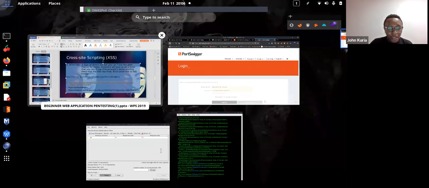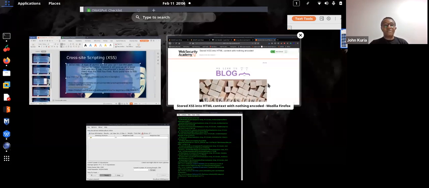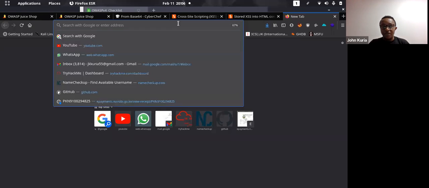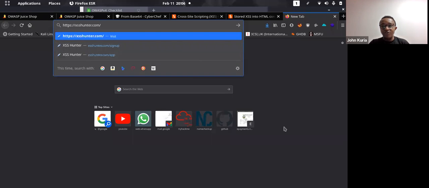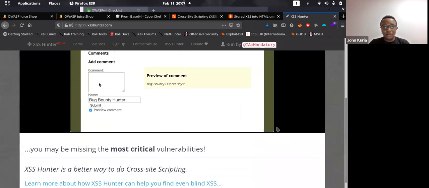This will be going into blind XSS. And for blind XSS, you have to use XSS Hunter. XSS Hunter is the tool or the environment where it gets back to you telling you that this and this has been executed. So I want you to think of blind cross-site scripting as a landmine. It's something that you plant and then you just leave it. It may take days, months, years. But once that particular person that it's intended for gets to step on it, it will alert you that so and so has